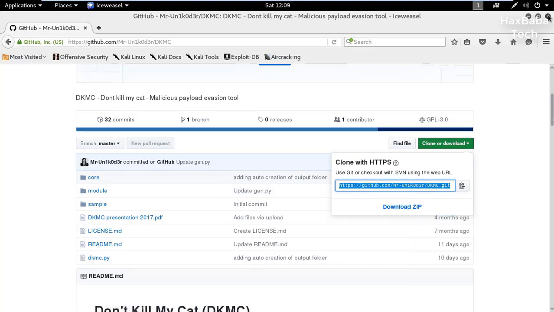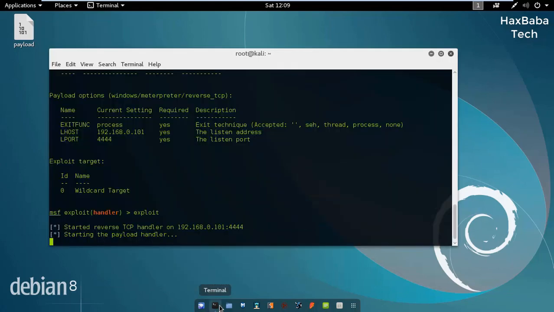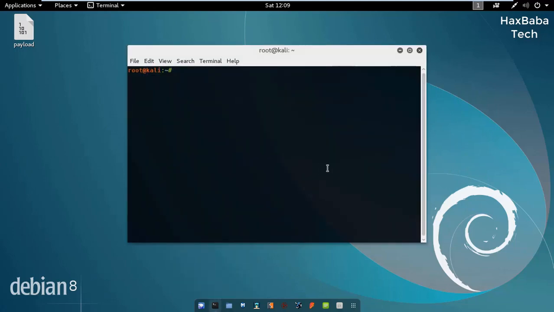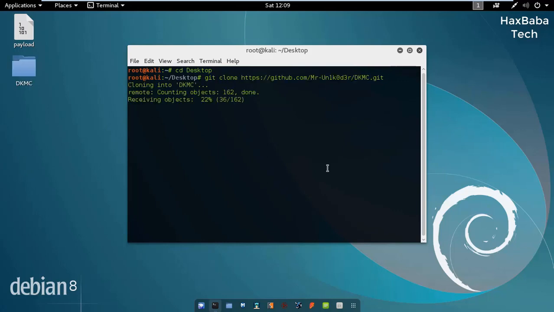To download it, you have to open a new terminal here. Let's come into the desktop again. Git clone, and paste what we have copied.